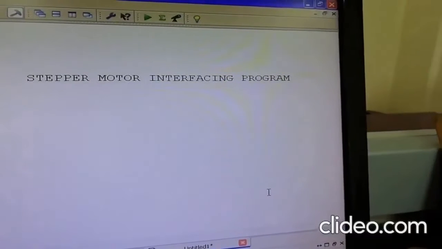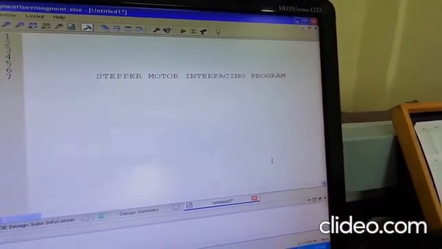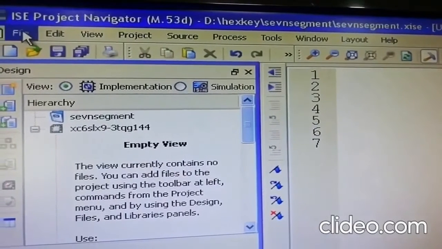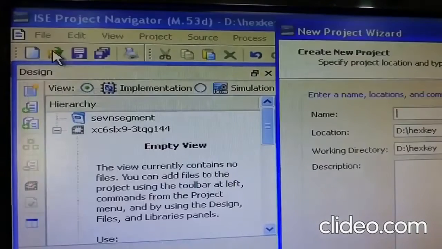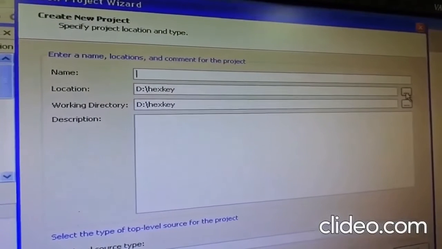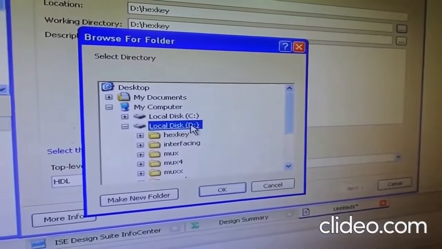Okay, so I think you would have understood the concept of the stepper motor program, as to how it's functioning. And right now, we will see how the programming is done. So as usual, as I mentioned previously, we will be going into File and New